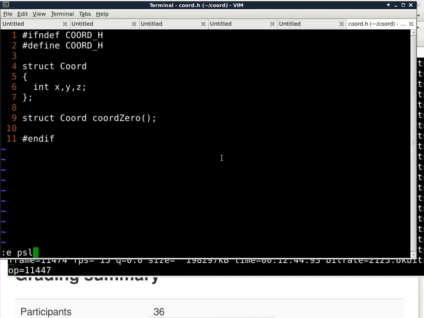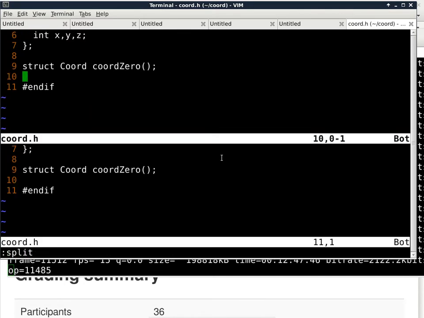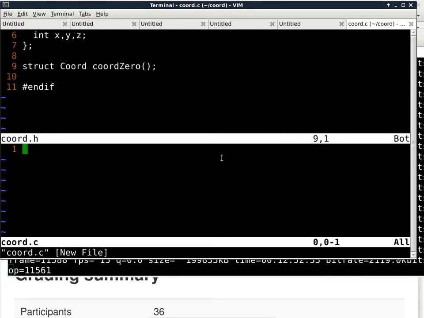So what I'll do is split the screen just so that we can keep an eye on the structure itself while we implement the function. In the bottom screen, I'm going to implement the subroutine. First things first, we have to #include the header file. So we're going to #include coord.h. Does everybody understand why we have the concept of a header file in C and C++? Yeah. Okay, that's good. So by #including coord.h, the .c file will understand the structure definition as well as the prototype